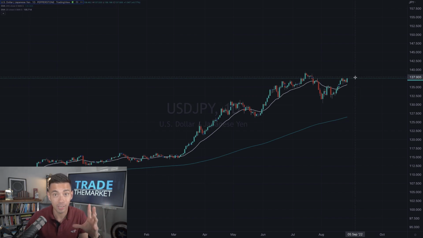I repeat, really consider that. You don't want to be in correlated trades. It makes no sense whatsoever. Yes, sure, you can sell yourself on the theory of, if I take all of them and they all hit profit target, then I'm going to make money. Yes, but it's a double-edged sword. If they all hit your stop loss, then you're going to lose on all of them as well.